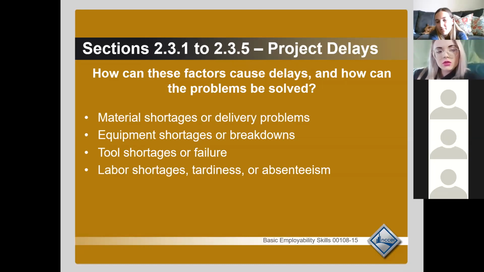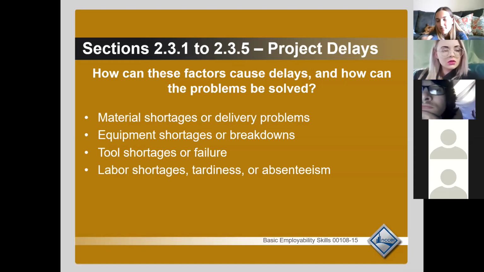Like, I grew up building pool barns. If we didn't have the right 2x4s or the right tools to dig the ditch or the trenches, or sheet metal or nails, if you don't have the right materials, you're not going to be able to build what you're trying to build. Right, exactly.